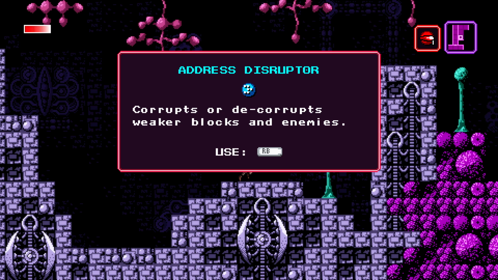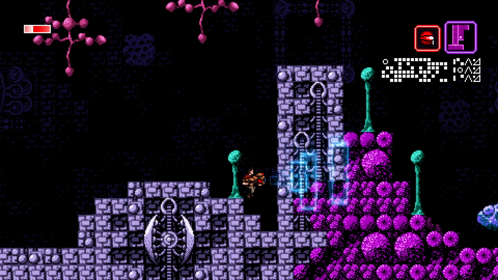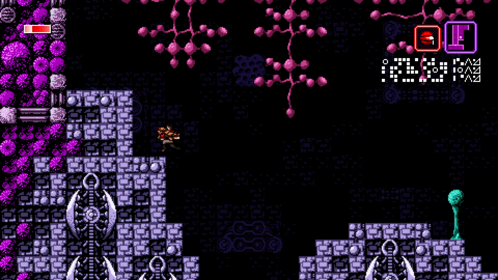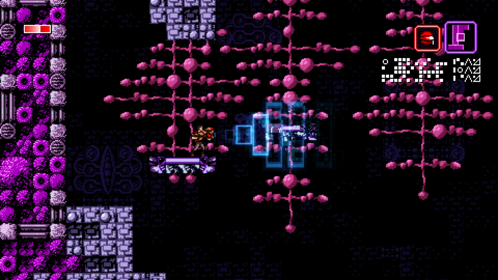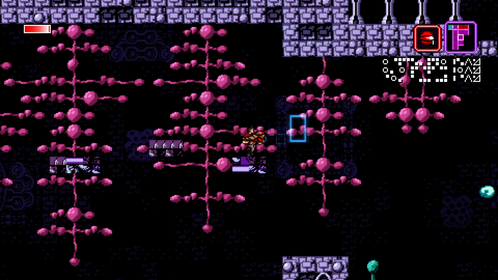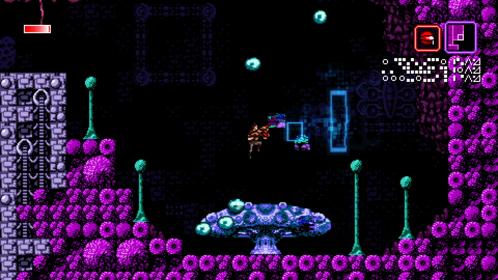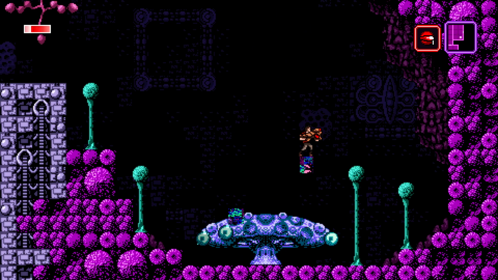Address disruptor. Corrupts or decorrupts weaker blocks and enemies. Oh, is this the glitch gun? Yeah, it is. Oh, there we go, ice beam. I'm gonna call it the ice beam. I think that's a little reductive. The things that it does goes way beyond what the ice beam does, but it's not incorrect in some places. Yeah, that's not everything it does, but it's...